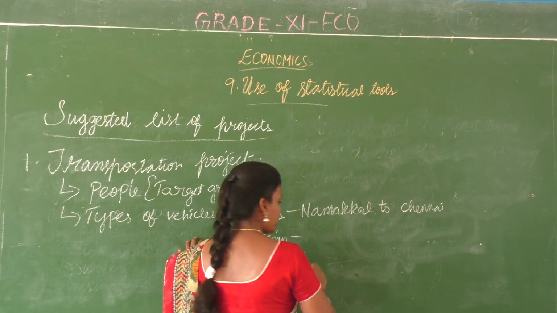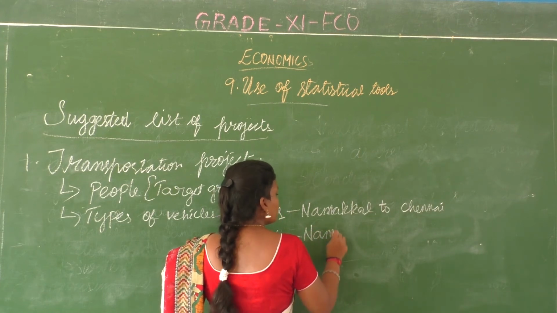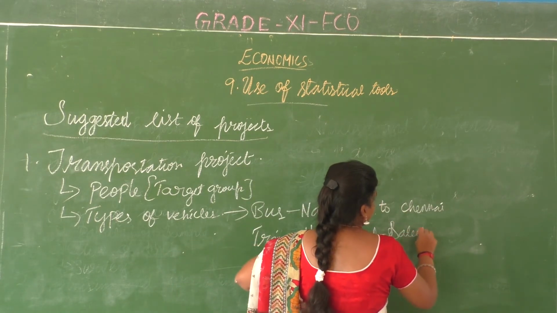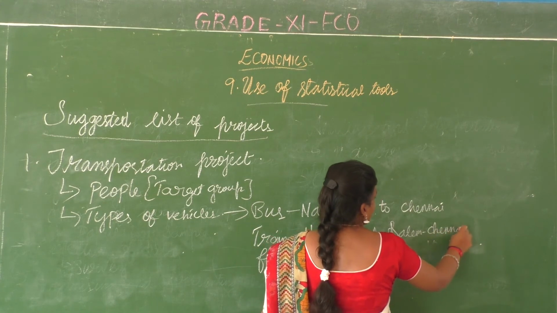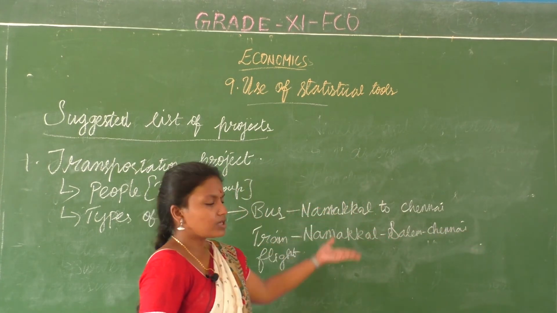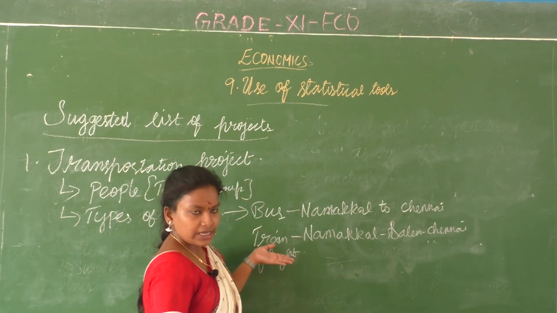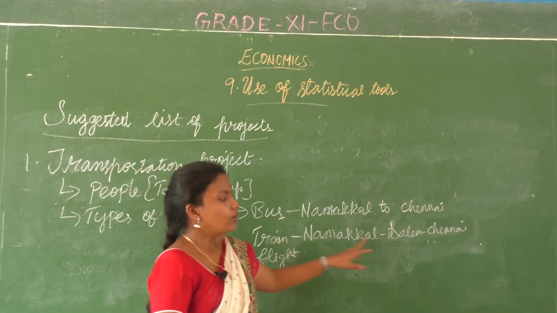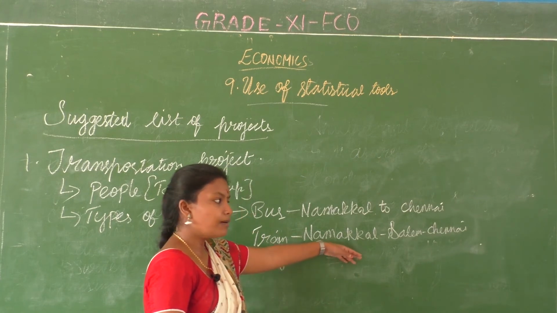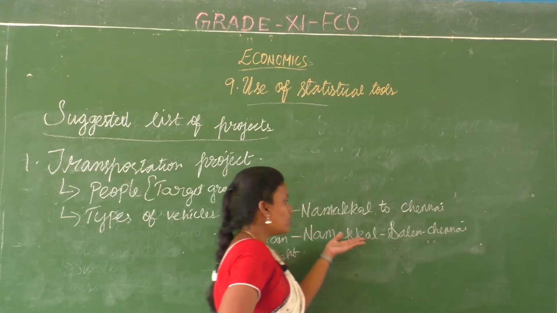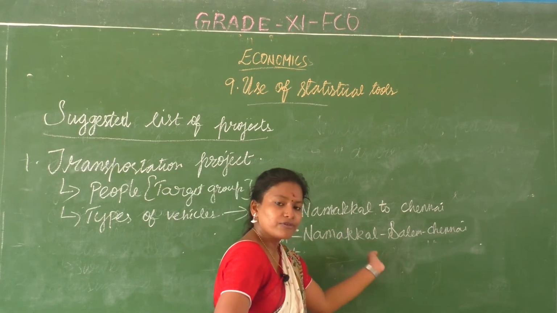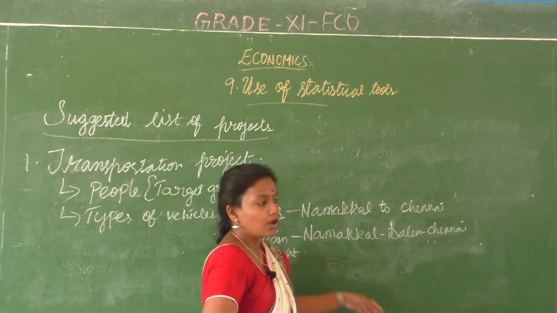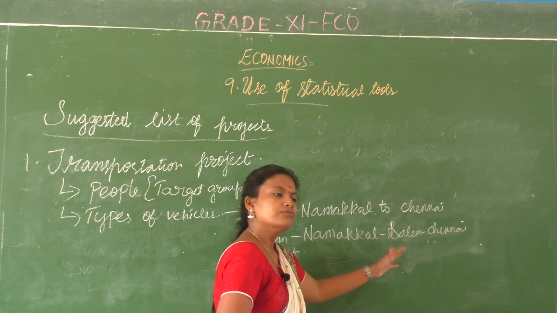Straight away you have. If you are going to go for a train, you can have Namakkal to Salem to Chennai. Yeah, from Namakkal to Chennai there are different routes. But if you are going to go by train, even if you board a train in Namakkal, there is only one train a day, right? So that train would also reach Salem. Another option, from Salem you have many trains to Chennai. So you can go from Namakkal to Salem in train and from Salem to Chennai in train, or Namakkal to Salem in bus and Salem to Chennai in train, or Namakkal to Salem by car and Salem to Chennai in